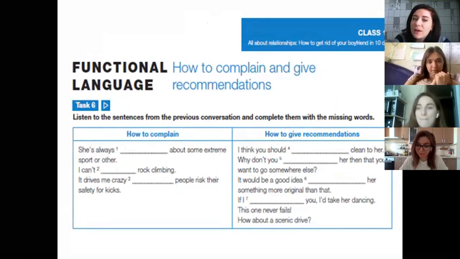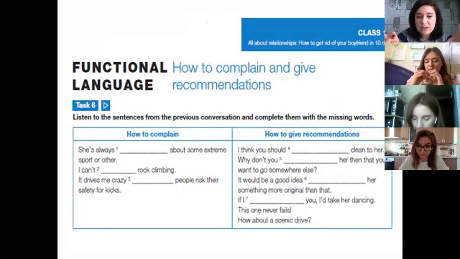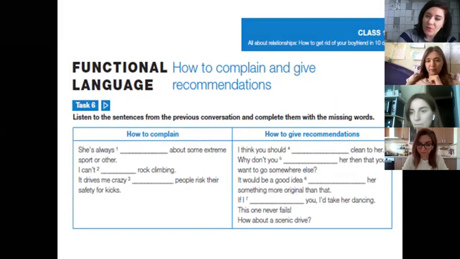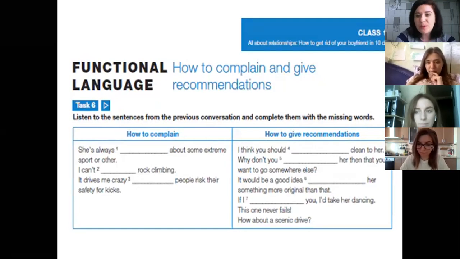In the book, it has this table, how to complain, 2 parts, and students are supposed to complete them with words from the conversation. In my case, I did it in a little bit different way. I had these phrases on separate strips of paper. They already were completed, and students' task was to divide them into 2 groups. So we focused on the meaning in this case. They divided them into phrases how to complain and phrases how to give recommendations. After that,